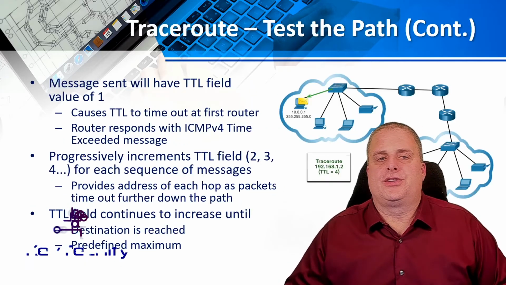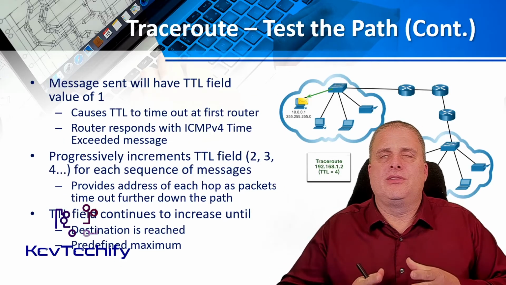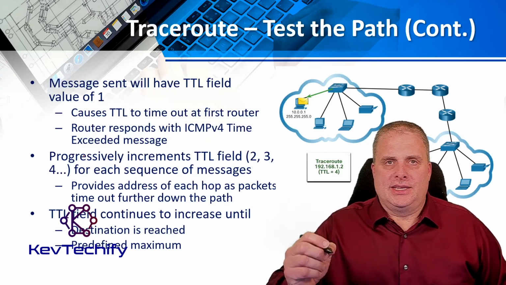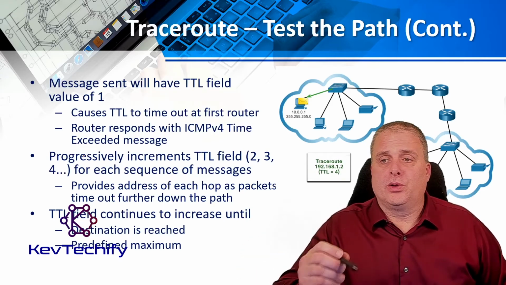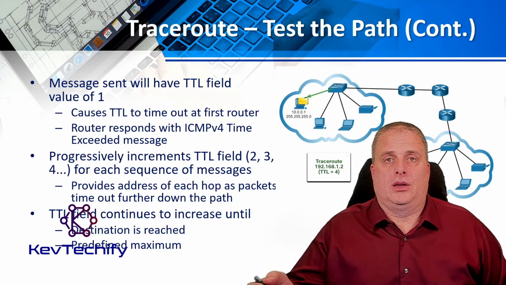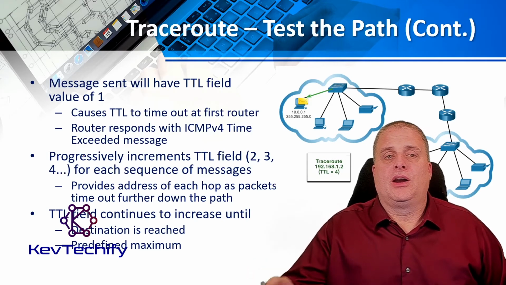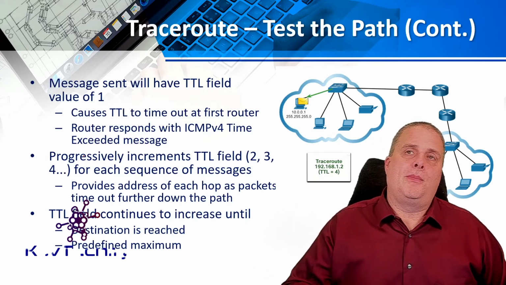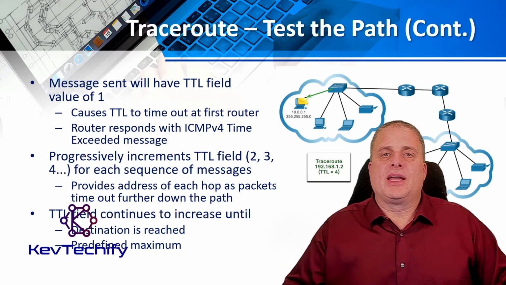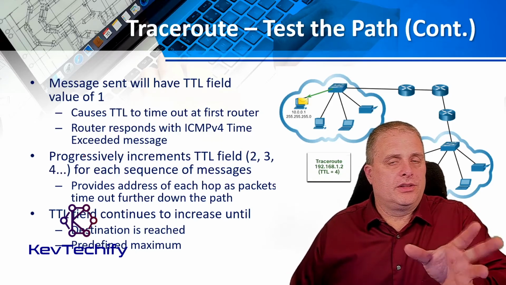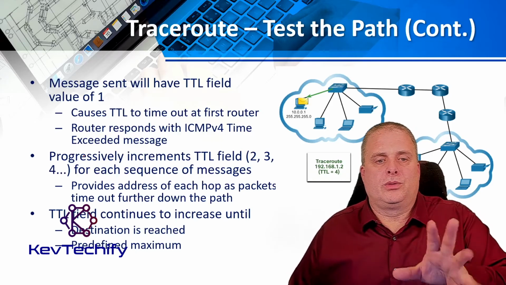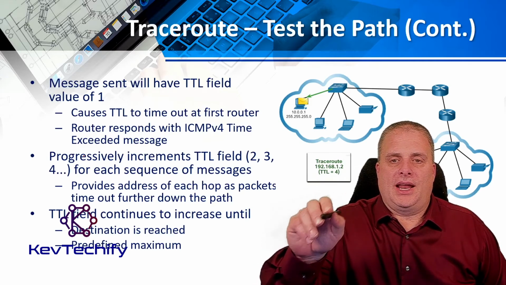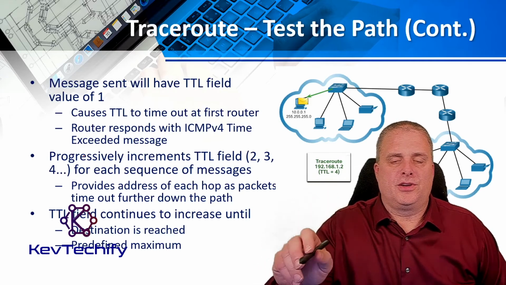When you start the traceroute process, the time to live field value will be 1. What happens is it can only go through one network. It's only going to go to your default gateway. It's going to time out there, and that way the default gateway can reply back. When it replies back, it'll know the address of the device that replied, and it will know that it was successful. Once that happens a couple of times on the first hop, then we go to